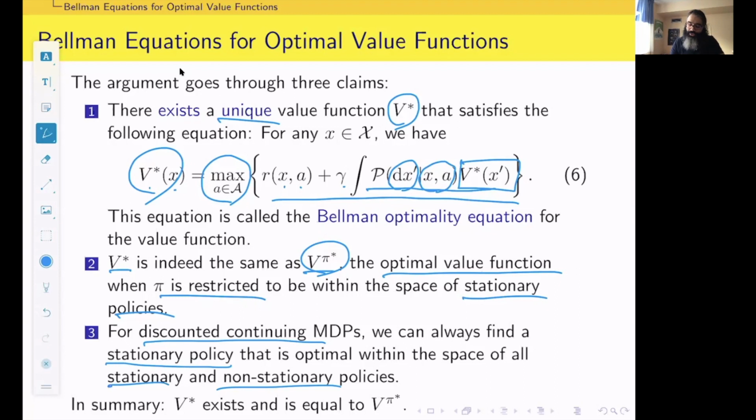I think we are going to talk about some parts of it, and some parts of it I'm going to prove later, not today. We'll see how much time we have and how fast or slow we are going. But I guess we will at least prove the uniqueness and this V of pi star. I think we will prove both of these, part 1 and part 2. Okay, so